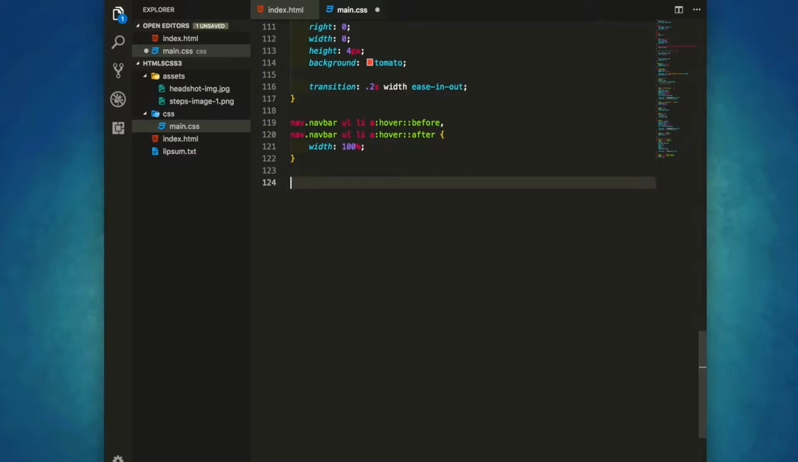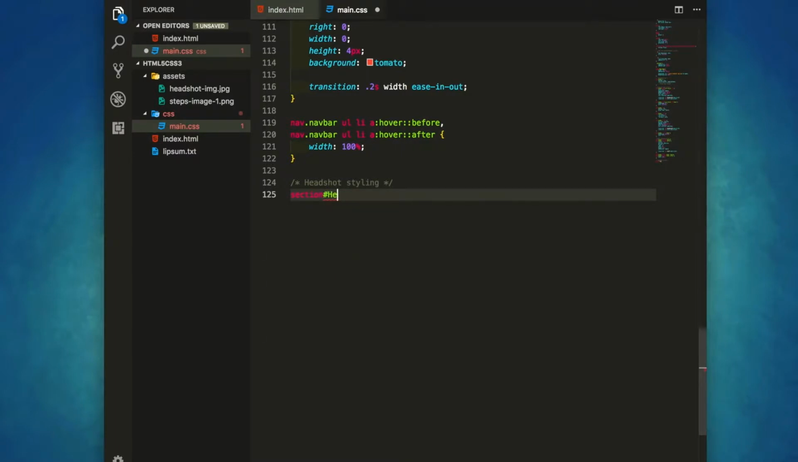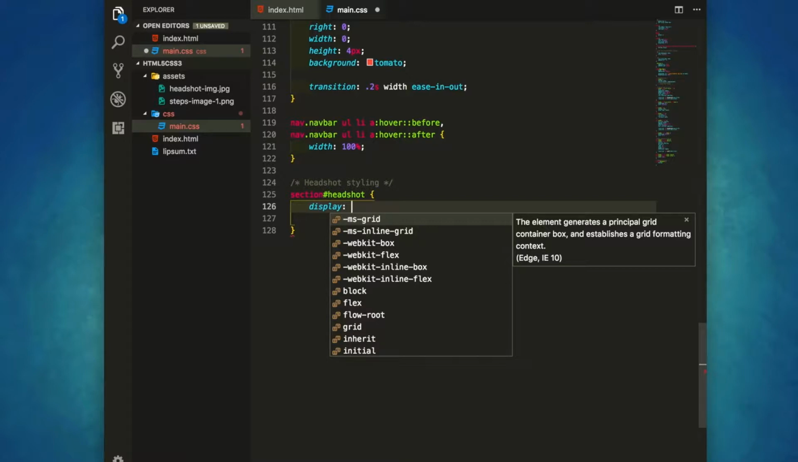So let's just start styling the headshot boxes. And for that we need headshot styling, and section with headshot, whereas the section is the element and headshot is the ID. ID is always referred to as hash, and class is always referred to as dot, like the one you see in the navbar. The section, let's set that as display flex,